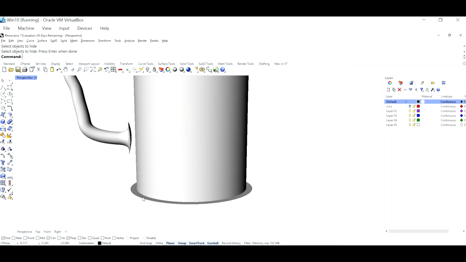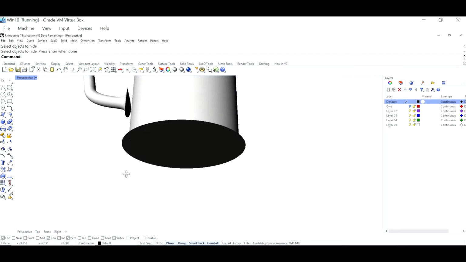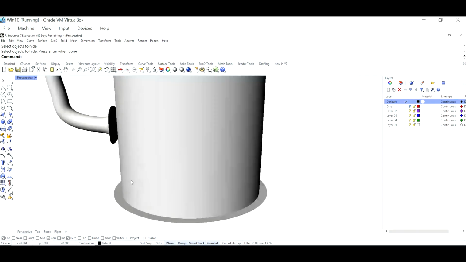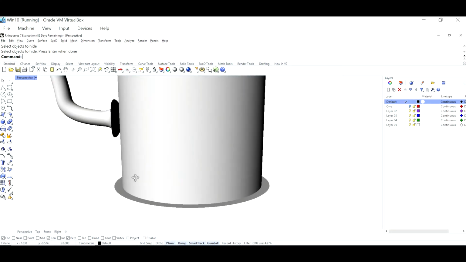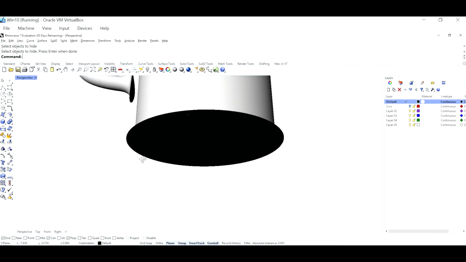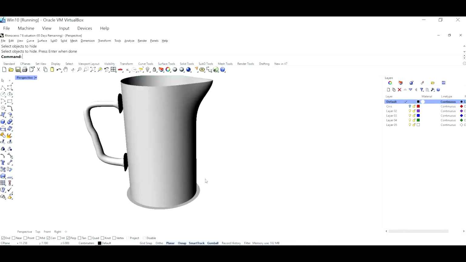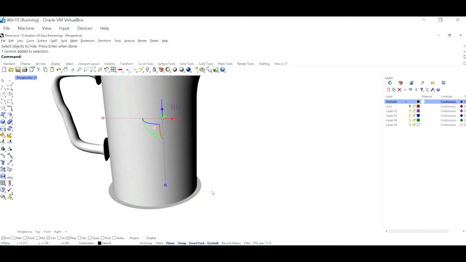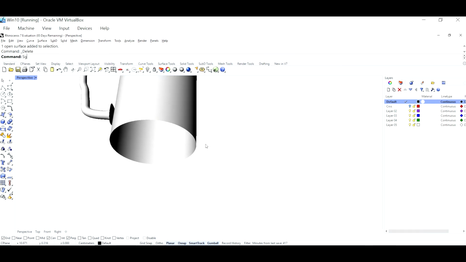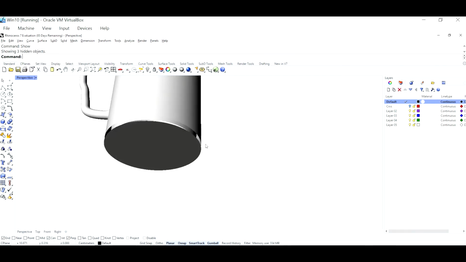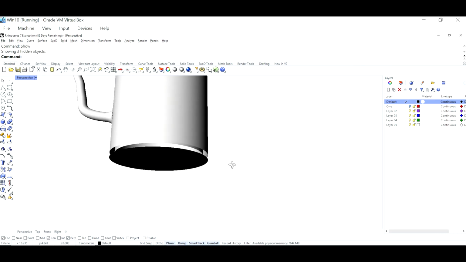Okay, so let's see what happened. This is the issue here. I exploded the view, and now the offset is, I'm gonna have to delete this one. Delete and show all. Yeah, okay, so